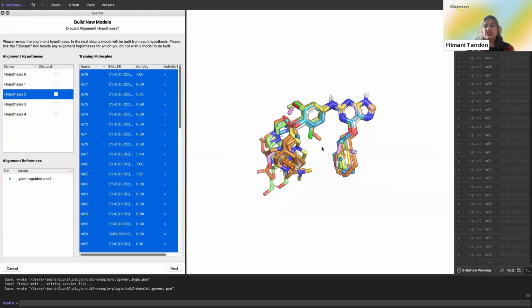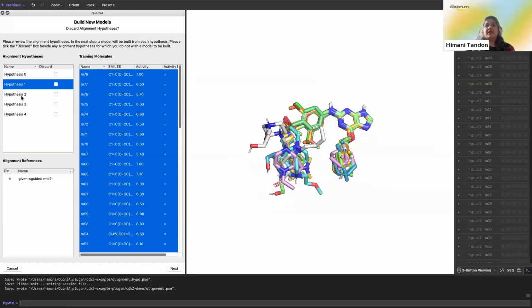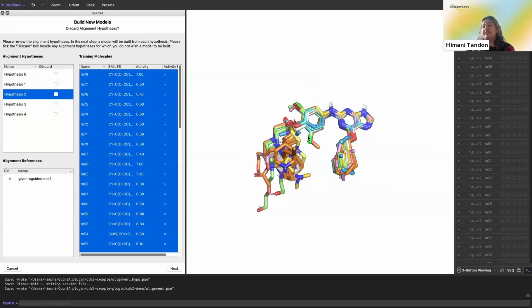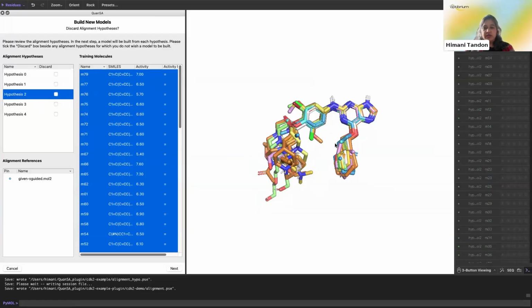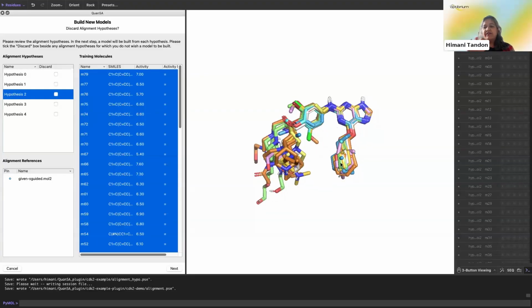At this stage, we really encourage our users to analyze these alignments to make sure that they are coherent and there is nothing wrong with them. You can scroll one by one through these hypotheses and make sure that all of them look good to you. For example, in this case, because all these ligands bind to the hinge region of CDK2, you can see that the hinge binding motif is quite nicely aligned on top of each other. You can see that variability lies mostly on the left-hand side region of these molecules, and the right-hand side regions, again, are very nicely aligned.